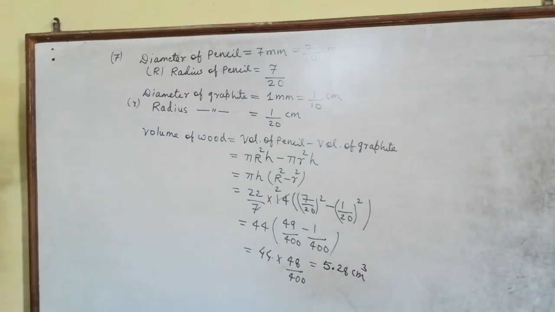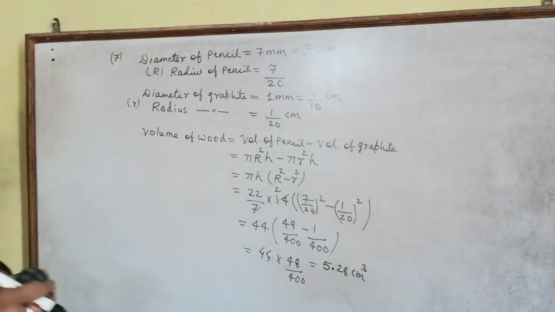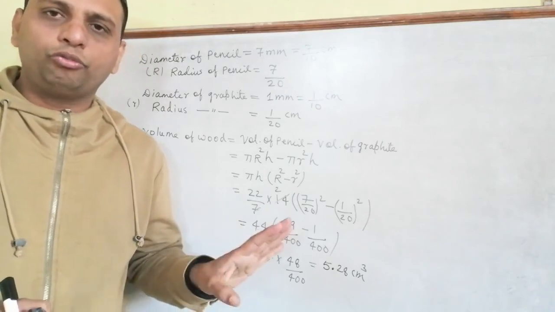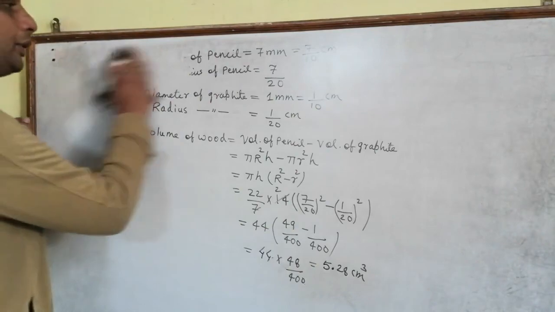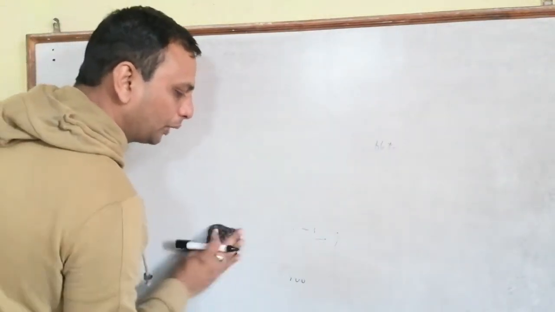So along with question number 7 we completed the exercise, except one more question left that you can do as homework, and that is a very simple question. You have to find the volume of the cylinder and multiply it by 250. So along with this question, the exercise is completed. Now exercise 6 is also completed.